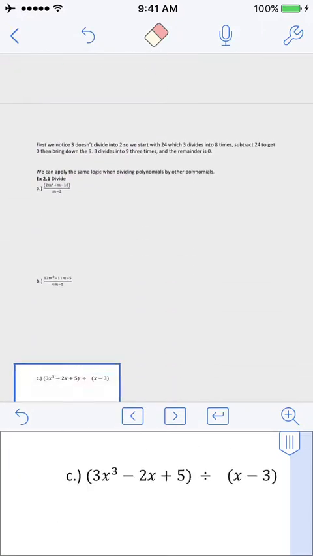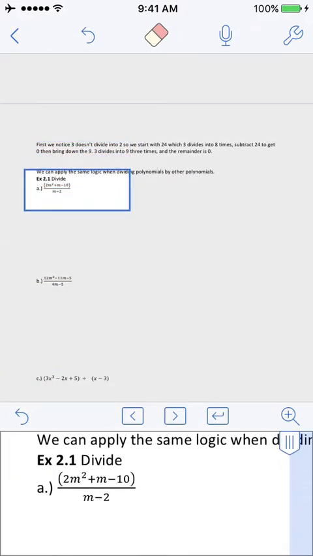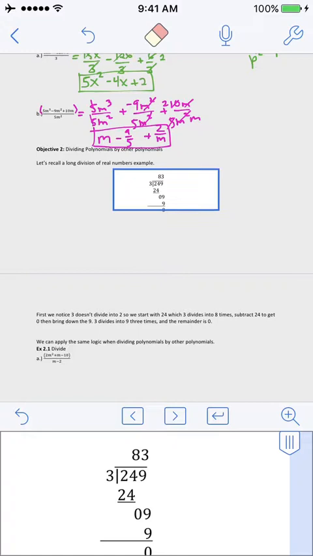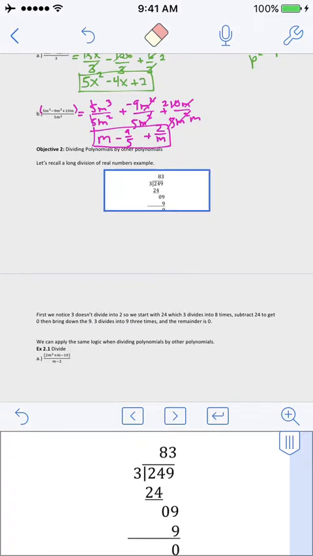As soon as you throw in two terms, like m minus 2, remember that minus part makes this a binomial, this separating out method no longer works, because you'd have to separate out in weird ways, and you would miss stuff and it wouldn't work. So what we're going to do is we're going to take a pause, we're going to go back to third grade. We are going to divide